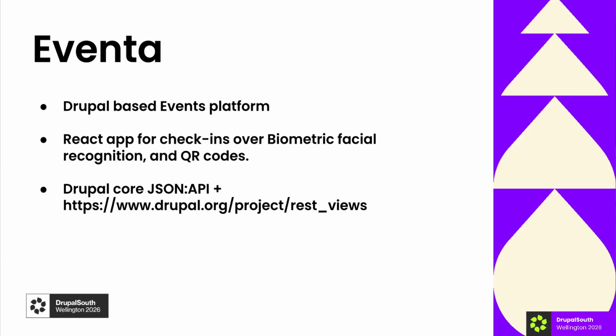So we have an app that event managers can use, and they use that to manage their guest lists and to manage check-ins. So that app over API allows the event manager to log in using the same authentication that I spoke to just before. So they get a session and they can go in, and then from there they can see the list of their current events, which is simply a Drupal view.